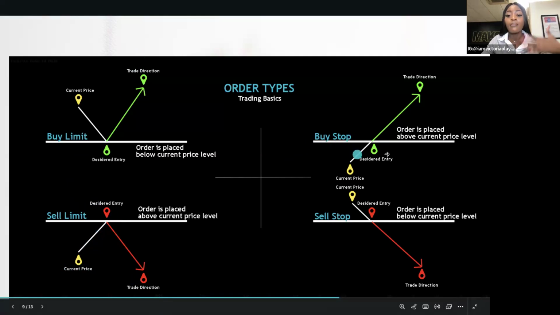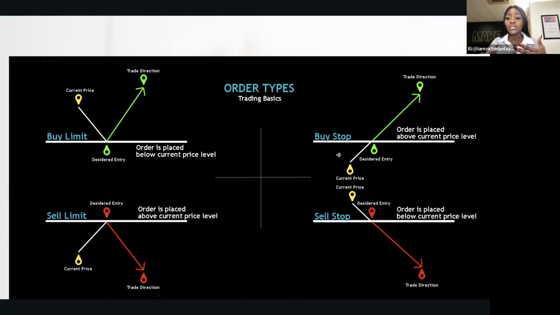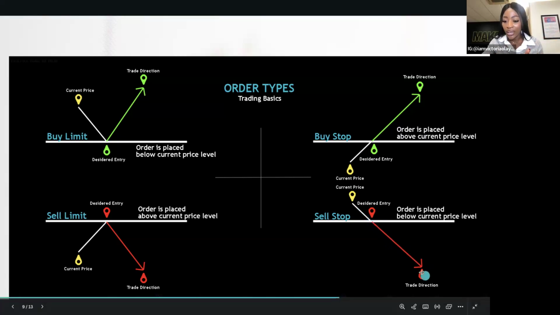Buy stop. Buy stop simply means the market is actually below, yeah, and I see that the market is going to be going upwards, right? I want the market to pick me up at that price and continue in that direction. Sell stop, the same thing, yeah. I want the market to continue in my direction at the sell. So once the price gets here, I want it to trigger my order, right? And then go all the way down.